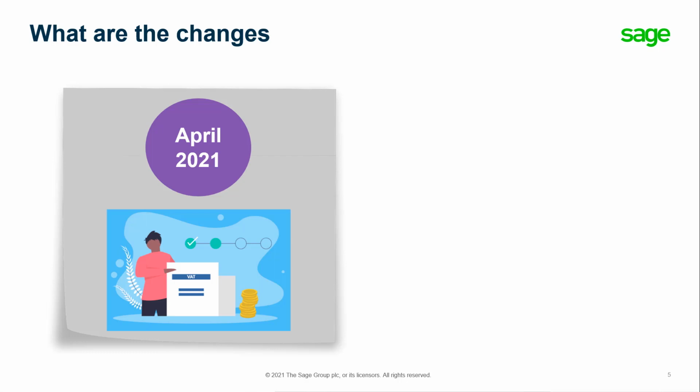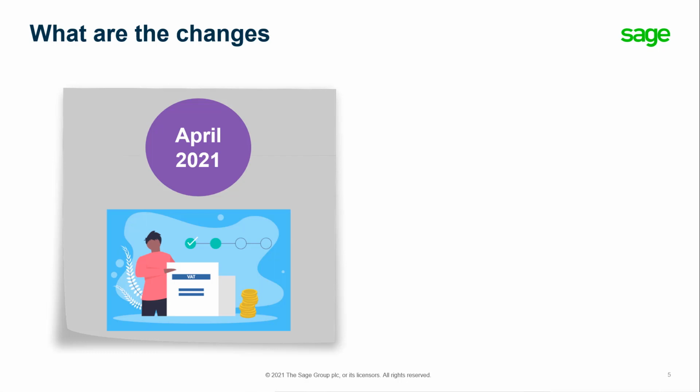So what are the changes and what are the options the clients have? So again, from the 8th of April 2021, HMRC are withdrawing the XML channel used to submit non-MTD VAT returns via software. This means that for businesses not yet signed up to MTD for VAT, they will no longer be able to directly file VAT from bookkeeping software. These businesses have two options. Option number one, voluntarily register for MTD for VAT submissions. Option number two, submit VAT return directly from HMRC by logging into the Business Online VAT account and typing in